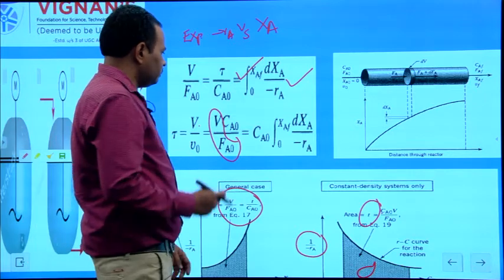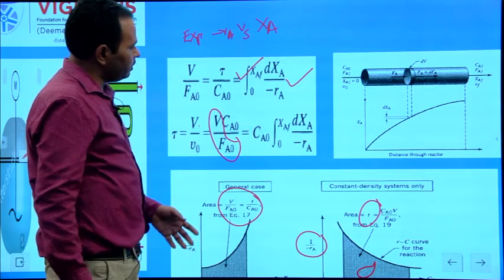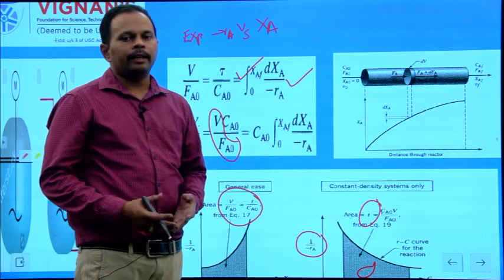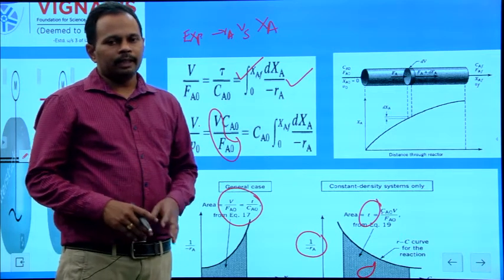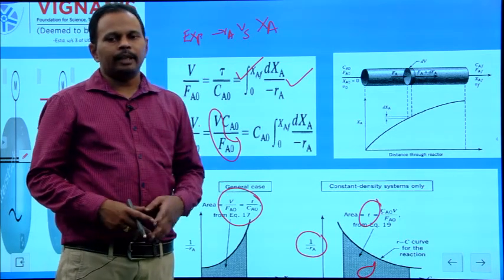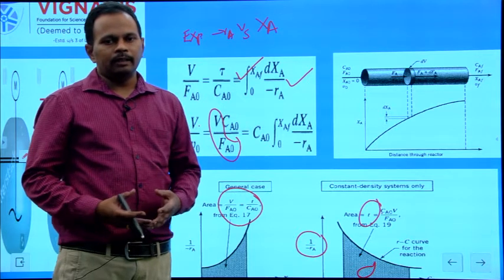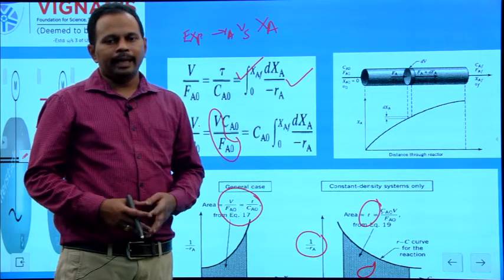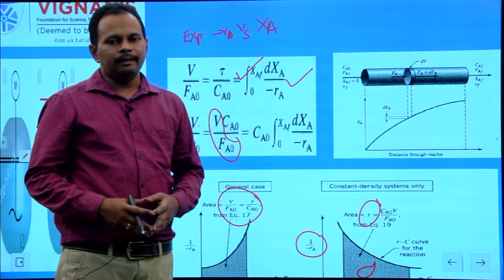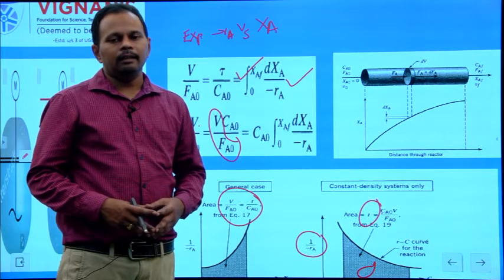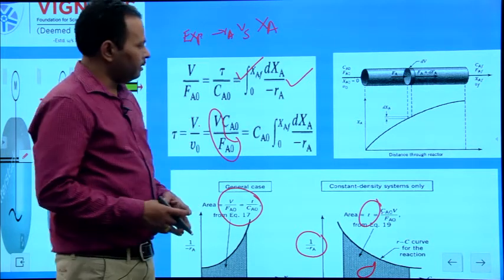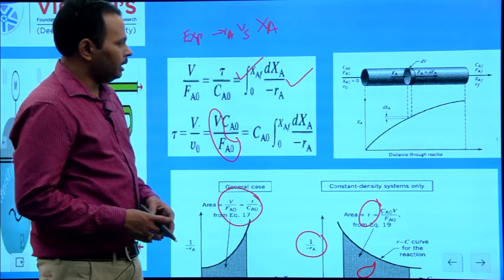So with the help of this performance equation, if you know some of these quantities, you can find out the other ones. Mainly the quantities that can be calculated from the performance equation are the size of the reactor, the conversion, minus RA, the initial concentration CA naught, and the final CA, that is the CA at any time t during the reaction.